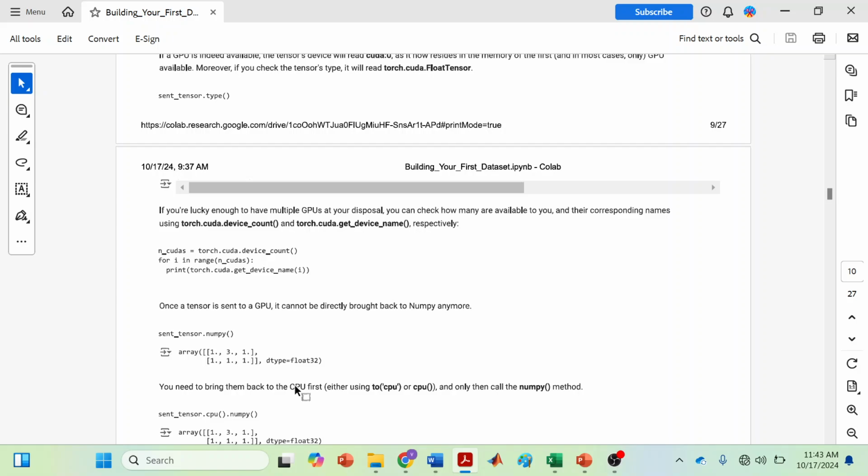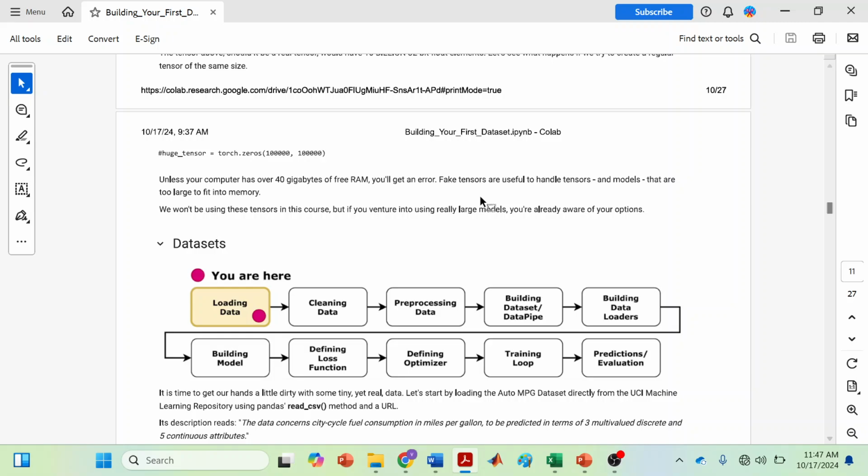Eventually it's going to give you an error. So fake tensors or meta tensors are useful to handle tensors and models that are too large to fit in the memory, but we won't be using them in this course